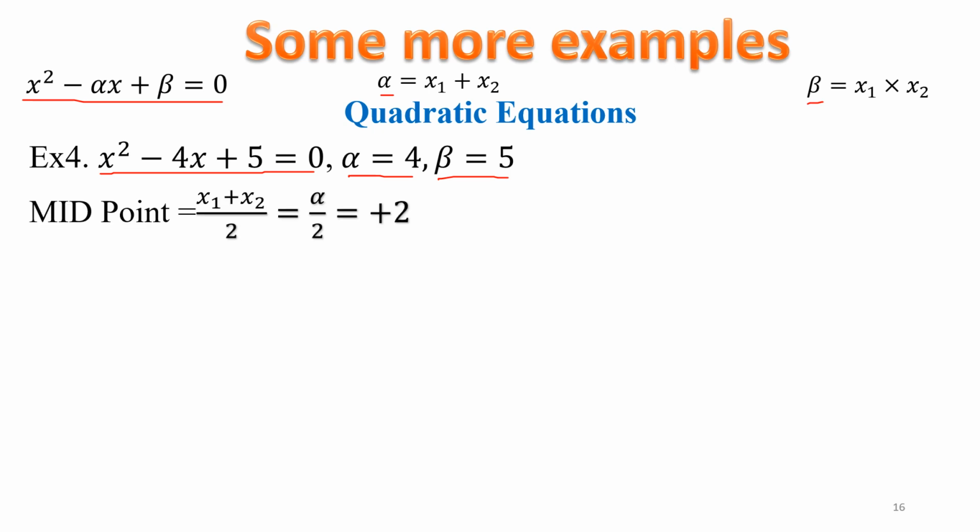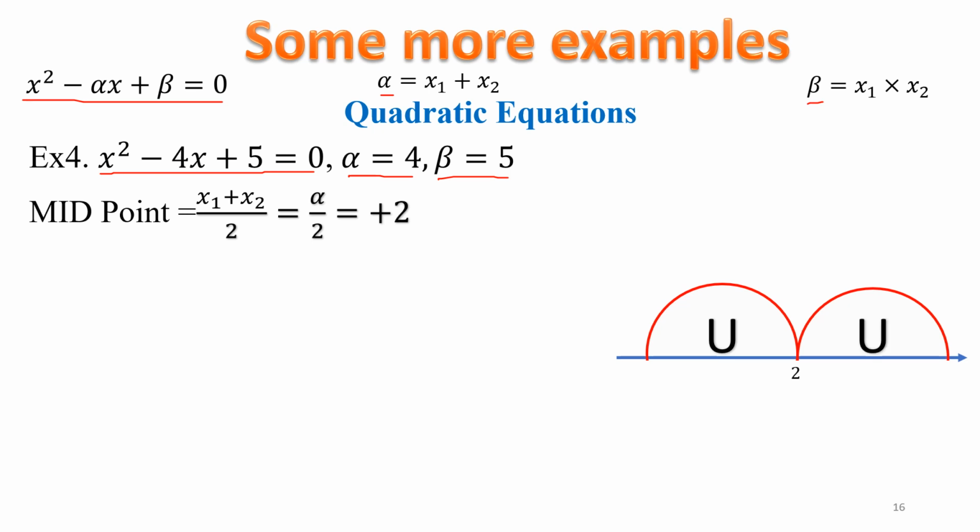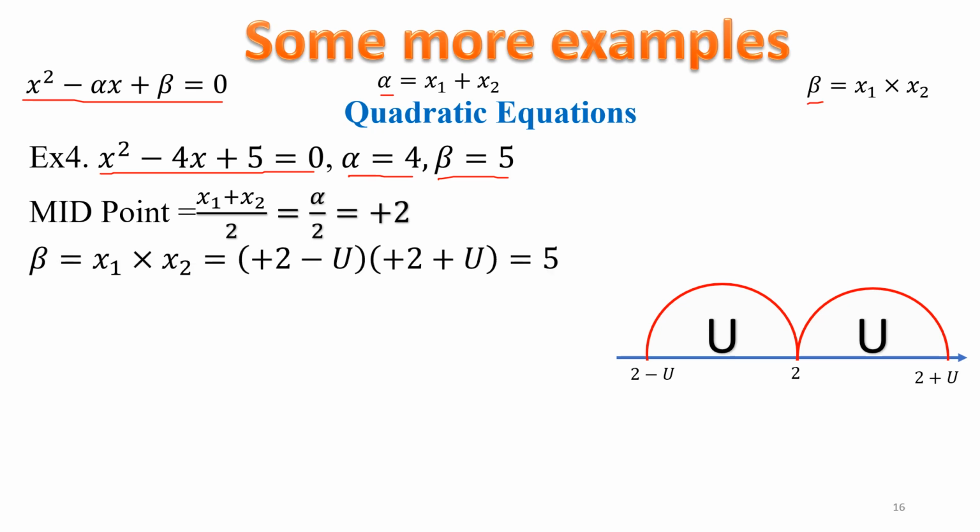Now midpoint of the roots will be x1 plus x2 by 2, which is in fact alpha by 2, and alpha we know it is 4. 4 by 2 will be simply 2. So on the number scale you have to identify number 2 and you have to jump distance u on left hand side and u on right hand side so that the roots will be 2 minus u and 2 plus u. Now once you know that 2 minus u is x1 and 2 plus u is x2,